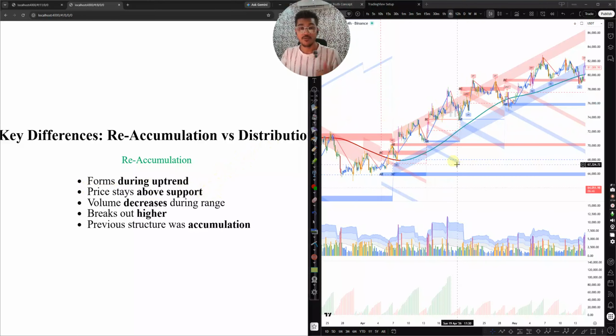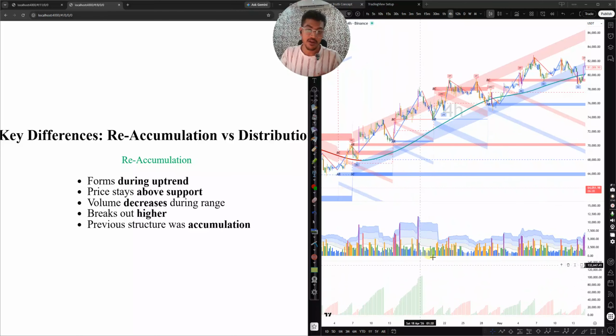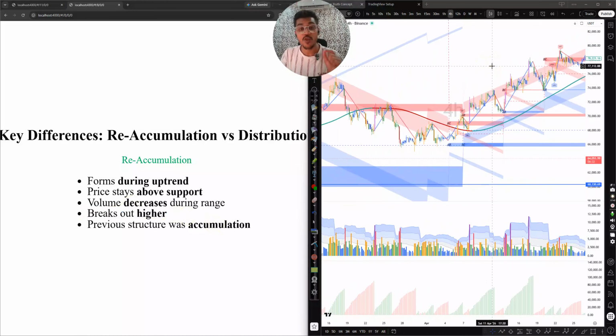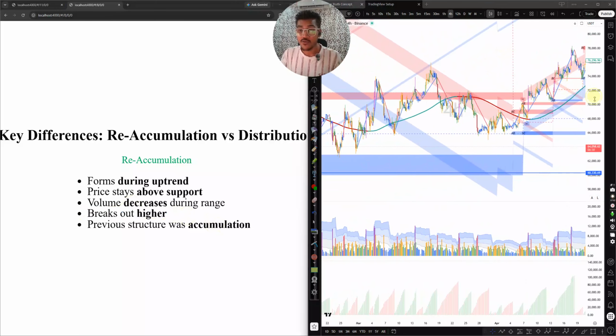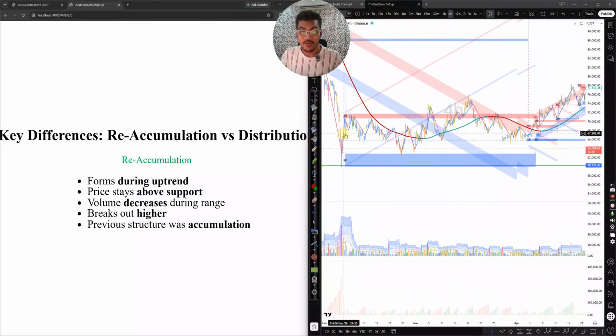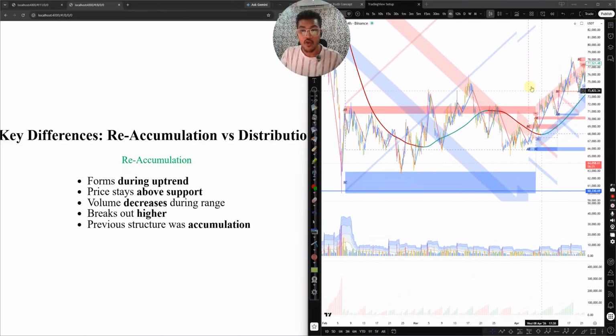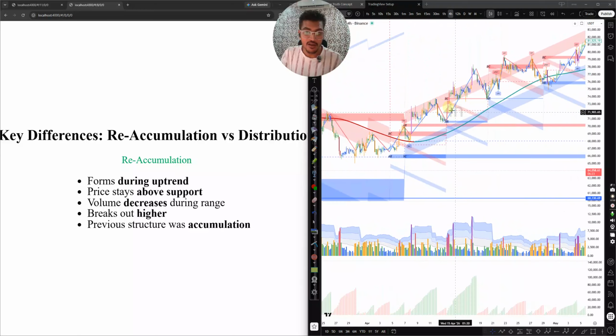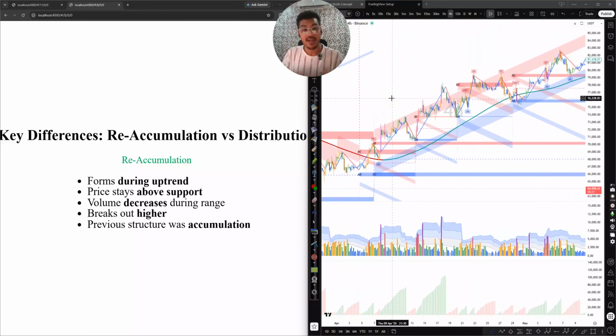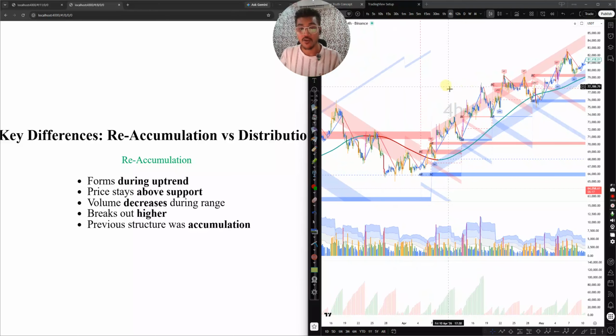Price stays above the support, check. Volume decreases during the range, check. We have seen that volume decreases, the down wave is much smaller than the up waves. It breaks out higher and higher, and the previous structure was accumulation. This is very important, guys. You can see, where is it coming from? It's coming from this big accumulation. So all these small structures that might look like distribution are reaccumulation structures, because